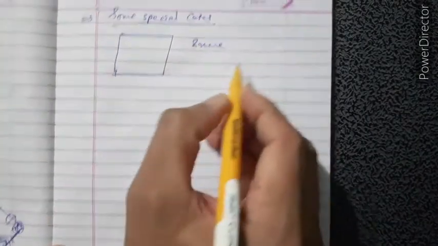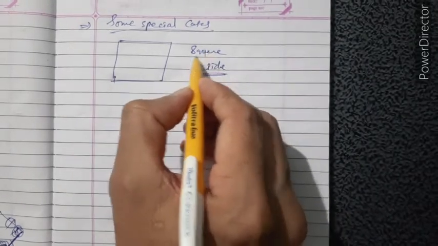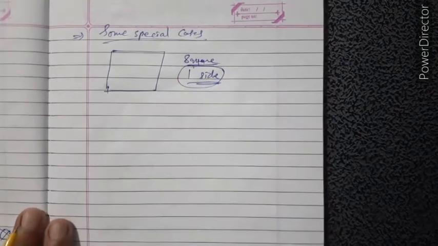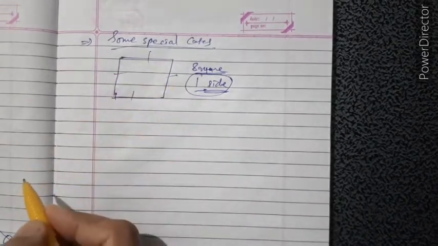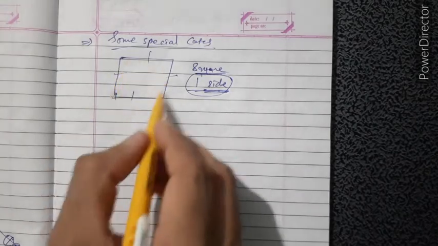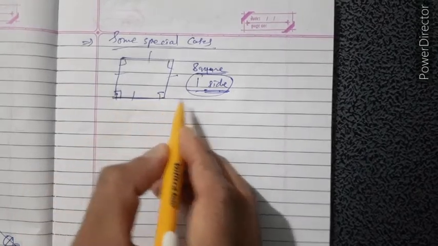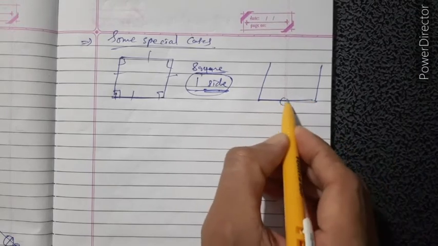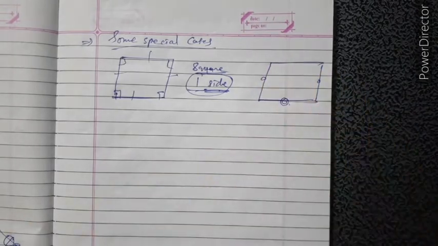So when square is given, that time only one side is given. Okay. When a construction of square, we are having only one side. Means they give us only one side. Okay. One side means all sides are equal in square. So all sides are equal and all angles are 90 degree. So you just start with any one side like that and draw 90 degree angle and take same measurement of this side. Okay. And again join that one. Okay. So we are having this square.